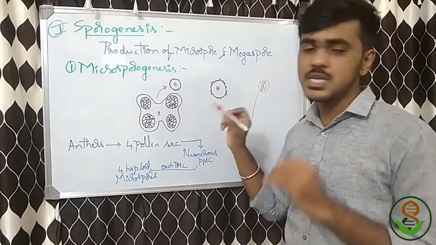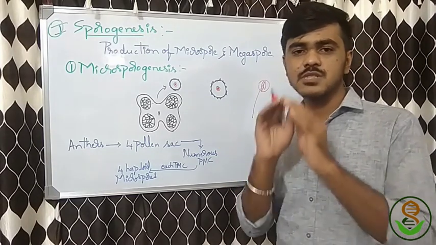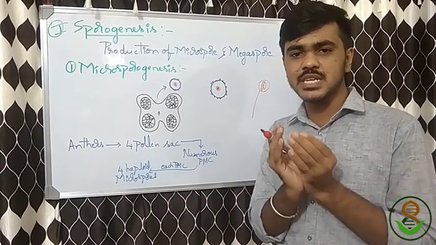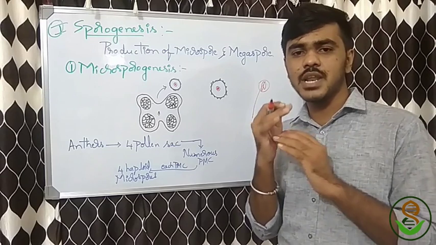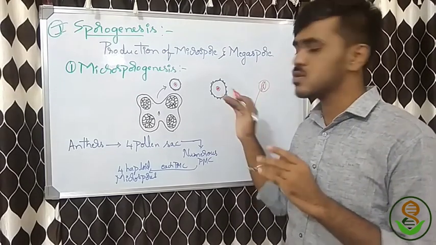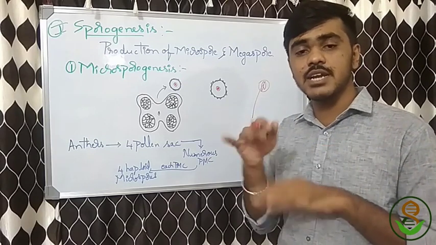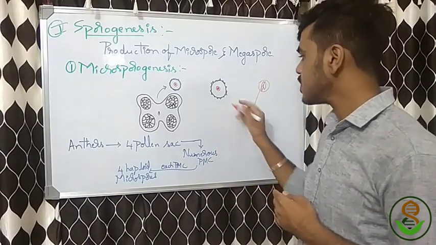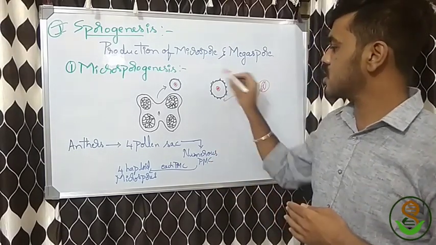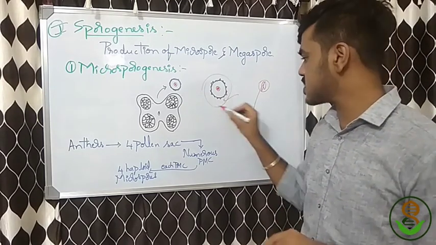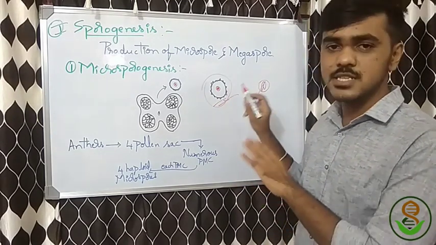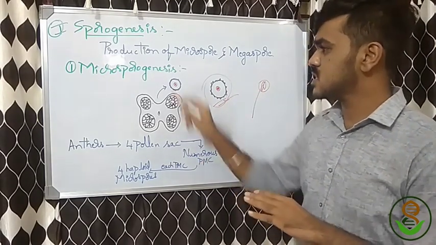I have shown you a single spore here. What happens is, in the beginning the wall will be very thin. It starts to accumulate material in the wall and undergoes thickening. So the thickness of the wall will increase and it develops into a spore. Finally, it will look like this. Before gametogenesis, the final stage, you see the spore like this. So this is the process.